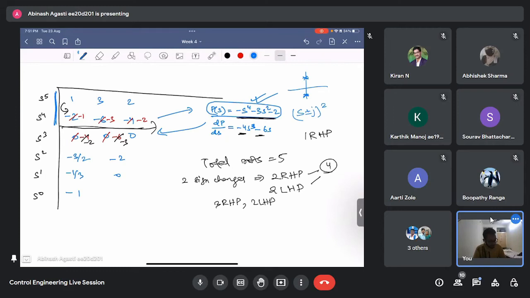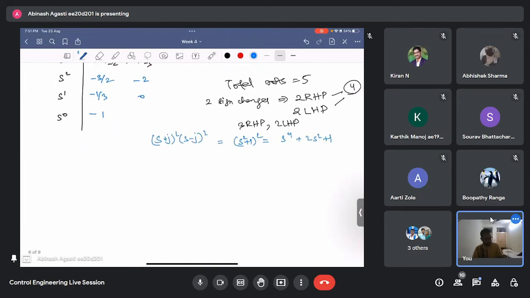वही एक एग्जांपल लेके चेक करते हैं। s प्लस j स्क्वायर और s माइनस j स्क्वायर है, तो मतलब s स्क्वायर प्लस 1 का होल स्क्वायर है, तो s⁴ प्लस 2s² प्लस 1, ये सिस्टम है। ठीक है, तो इसका करेंगे, सो 1 0 2 0 1, ठीक। तो इसको क्या करेंगे, इसको डिफरेंशिएट करेंगे, 4s³ प्लस 4s, तो यहाँ आएगा 4 4, तो 4 इंटू 2 माइनस 4 बाई 4, वो कितना हुआ 1, तो 4 इंटू 1 माइनस ये 1 फिर होगा, फिर ये 0 होगा। ओके